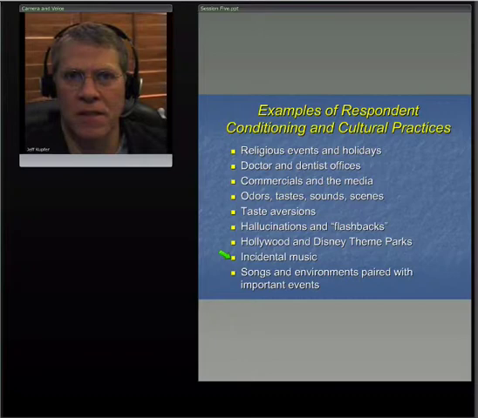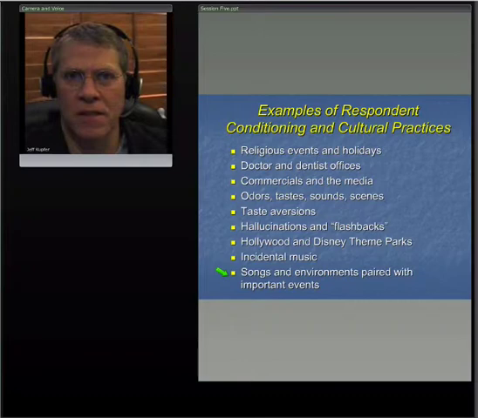By the way, that's one of the really big sells of home theater at 7.1 sound. It's not just the visual image of high definition. It's really the sound system that makes the difference. Okay? All right. And then finally, in many instances that we talk about, respond to conditioning, for example, PTSD, fears